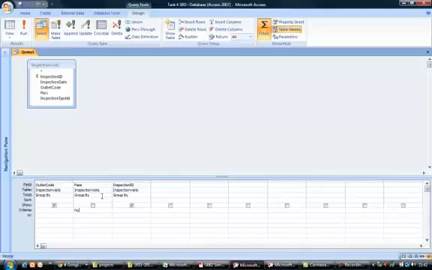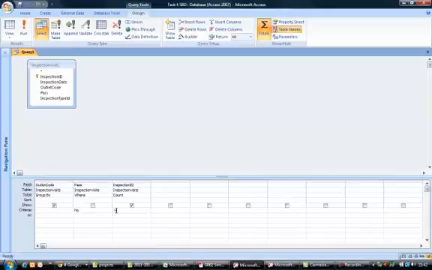And I need to change it, it's not group by, it's going to be where. So basically the query is going to select rows where pass is equal to no, and I need to do a little bit of a fiddle here. I'm going to count the inspection IDs. Now in a totals query, you can use count to give you summary totals, like subtotals if you like. In this particular case we're not interested in the total,